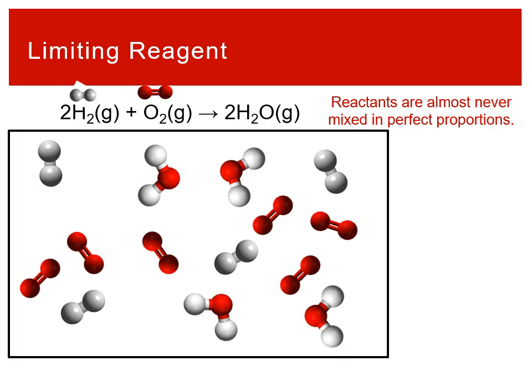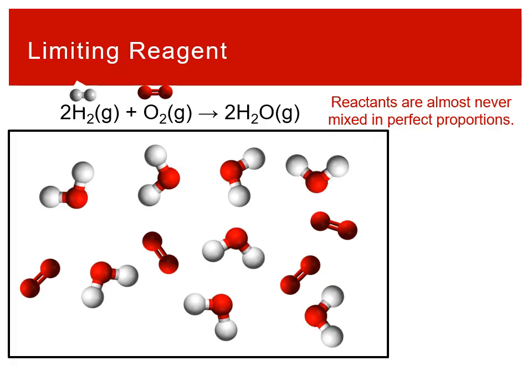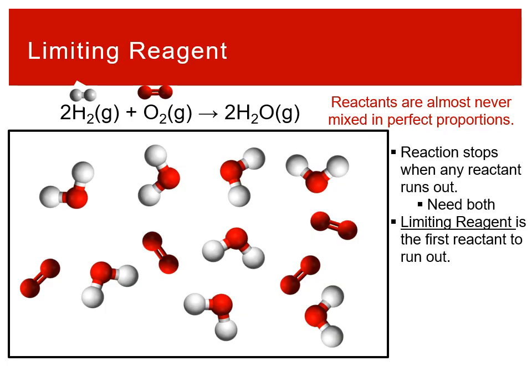This is going to continue. They're going to keep reacting at the 2 hydrogens and 1 oxygen, making 2 waters. Keeps going. Keeps going. Eventually, one of them runs out. You need both reactants to make this reaction happen. Just like you can't make sandwiches without cheese, right? You can't have this reaction occur if you don't have both hydrogen and oxygen present at the ratios defined by